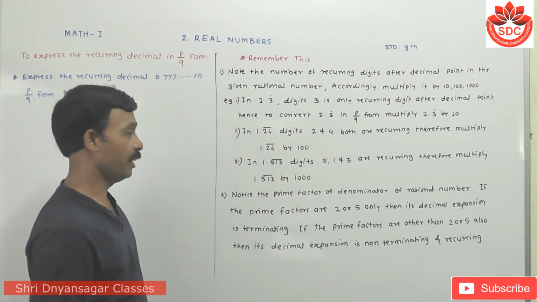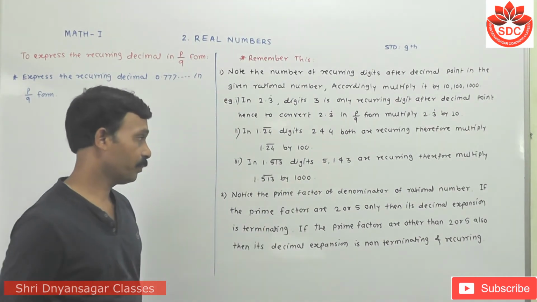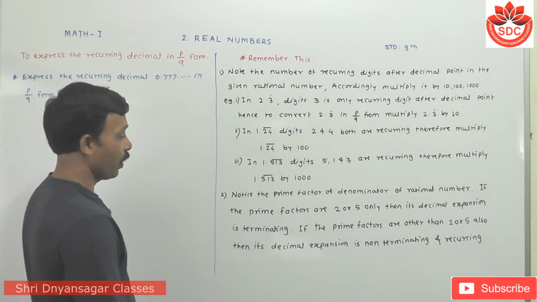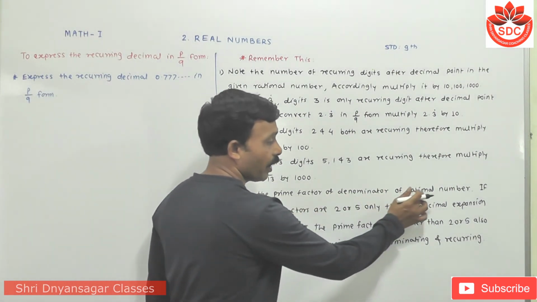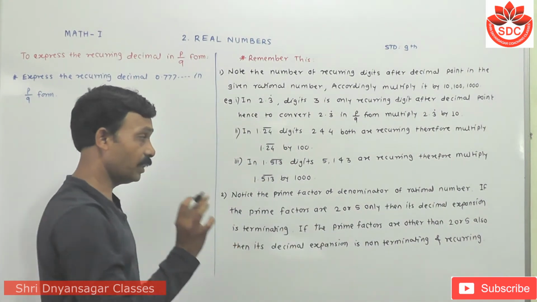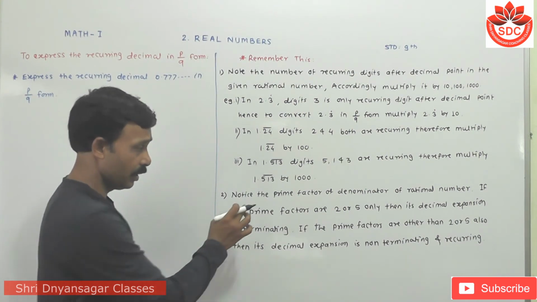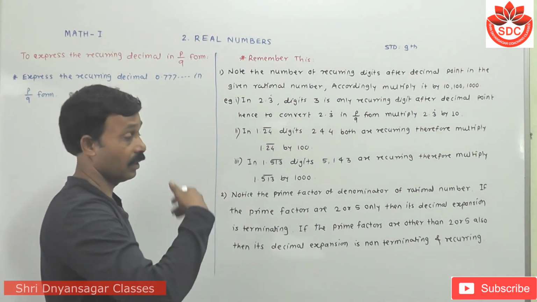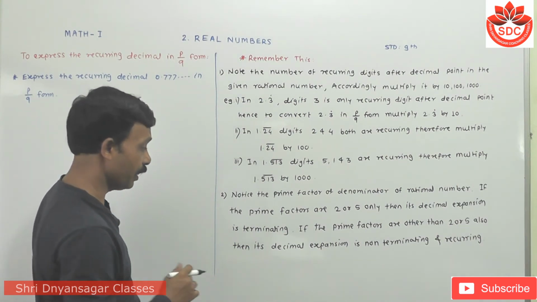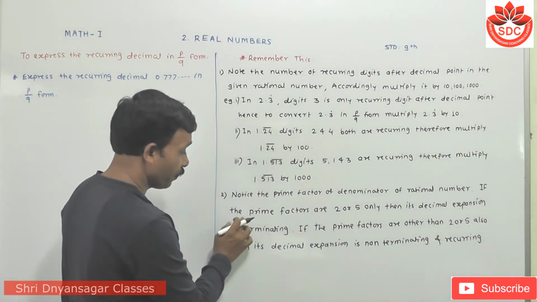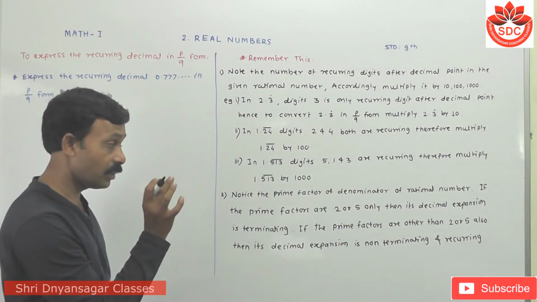We have to multiply it by this, taking zeros on this one. Now, the second point: notice the prime factors of the denominator of a rational number. We will see this point in the next exercise, in the first practice set, 2.1. If the prime factors are 2 or 5 only,